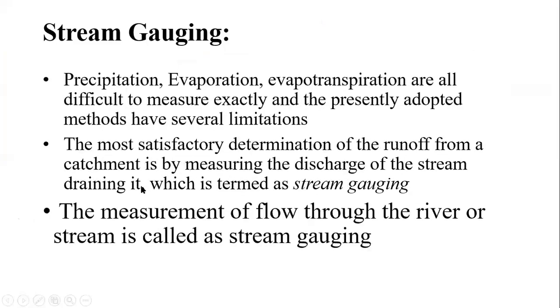So you can take down the definition also. This is the simplest form of which I had at the last, that is the measurement of a flow through the river or a stream is called stream gauging, and that may be at a particular site or a particular location. Okay, so this is all about stream gauging, यानी कि जो फ्लो पास हो रहा है उसका जो हम मेजरमेंट करते हैं उसको हम स्ट्रीम का गेजिंग बोलते हैं, isn't it?